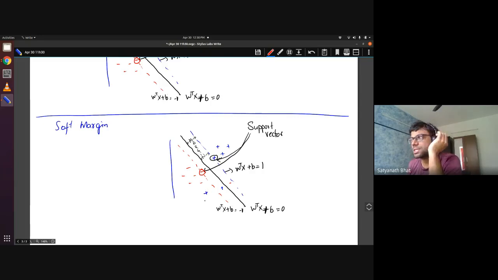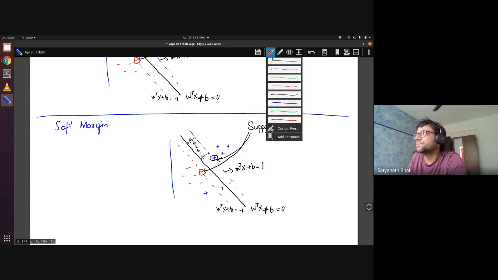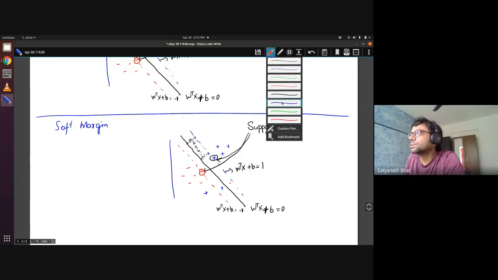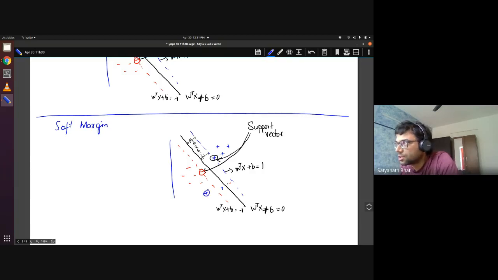But with these 3 data points, let us look at them in isolation. One data point is here. Let me choose a blue color for this. This data point is here, whereas it should have been all the way here. So this is some kind of a violation. I will call this violation Xi1. Just like you say Psi, you say Xi. So this is the violation, how much I am deviating by.